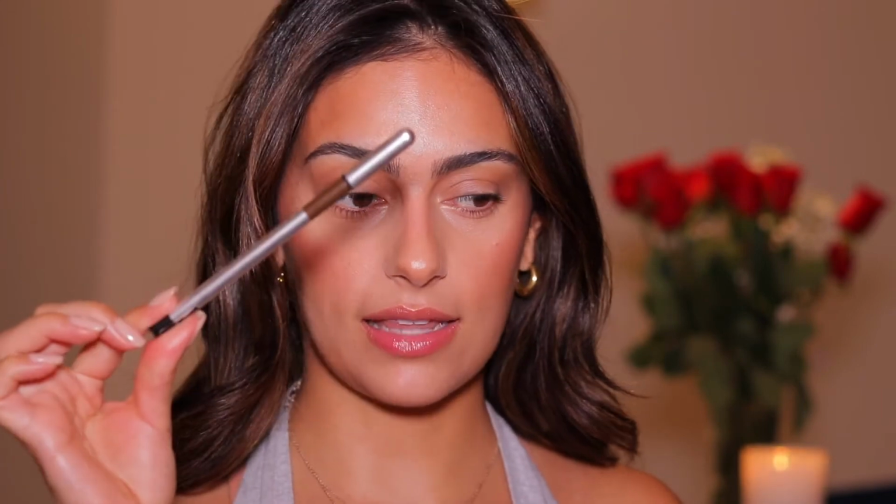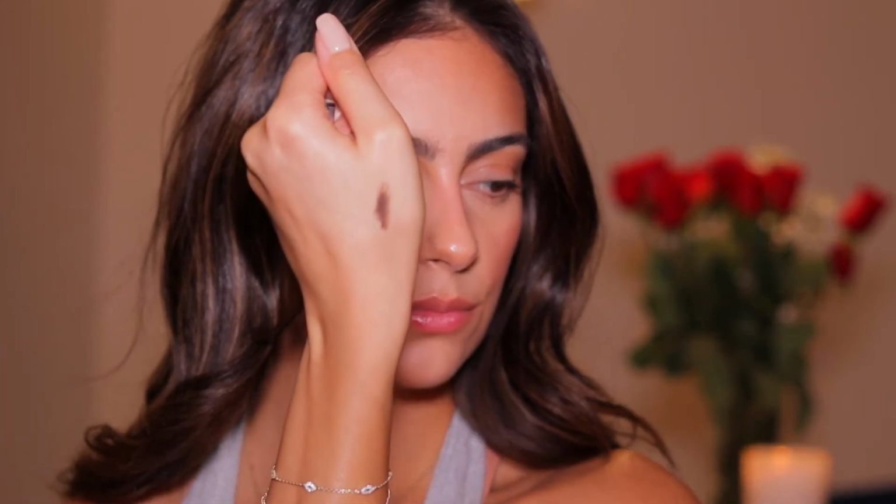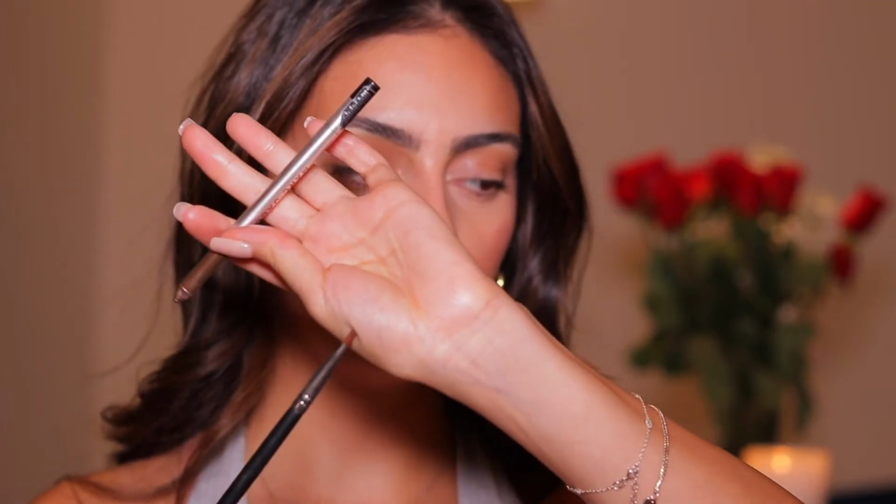The next thing I'm actually gonna do is go in with just a tiny bit of eyeliner, and that's just to give my eyes an almond shape. I've done it for so long. I take this Marc Jacobs, what is the color? Earthquake eyeliner, and it's a brown. Doing a thicker swatch so you can see it. So I take an M432 brush from Morphe. It's a flat-edged brush. And just kind of